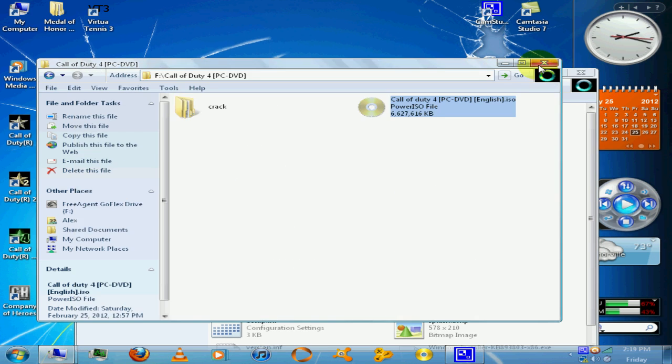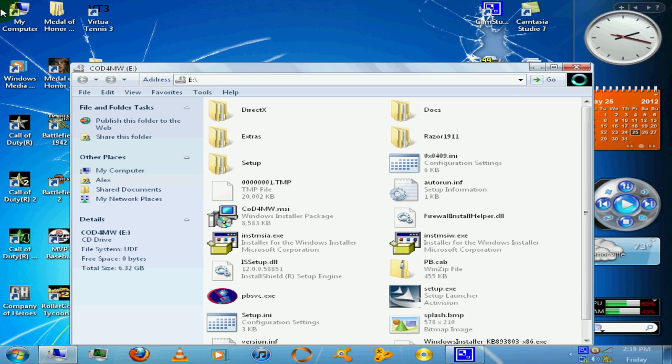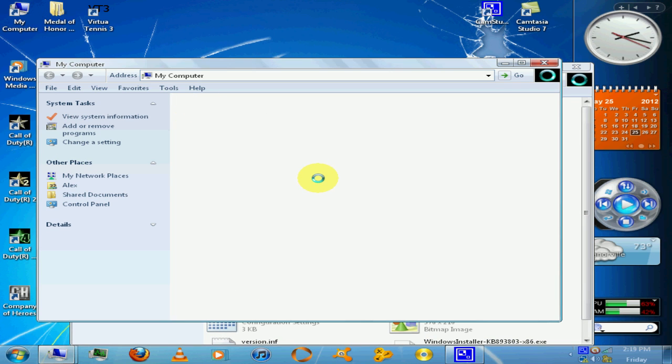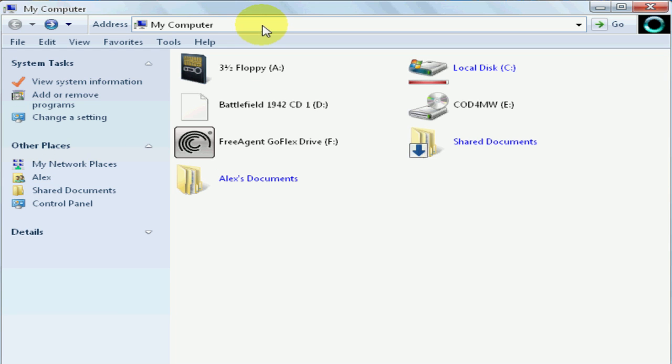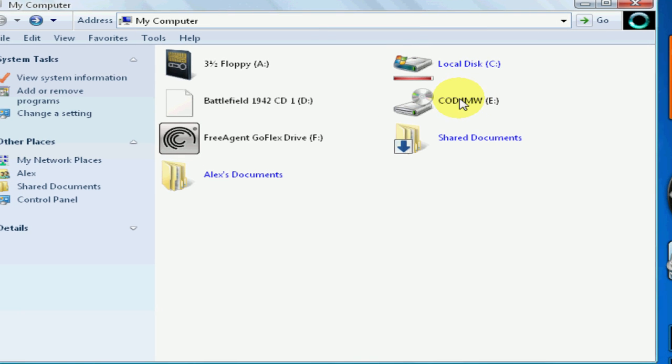That's what the .iso file is. It's basically a virtual CD file, and by clicking Mount, it's basically inserting it into your computer. Now, as you can see, my computer successfully recognized the ISO file as a CD image, and it mounted it to the virtual drive COD4 MW, which obviously stands for Modern Warfare in my computer. So basically, when it mounted it successfully, it detected it as a CD file as if I really inserted the